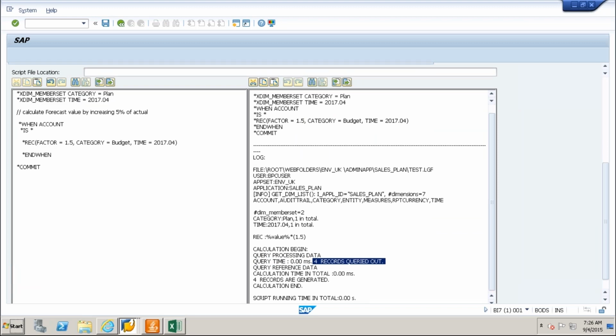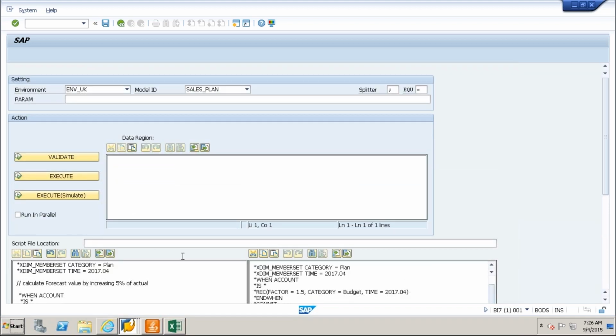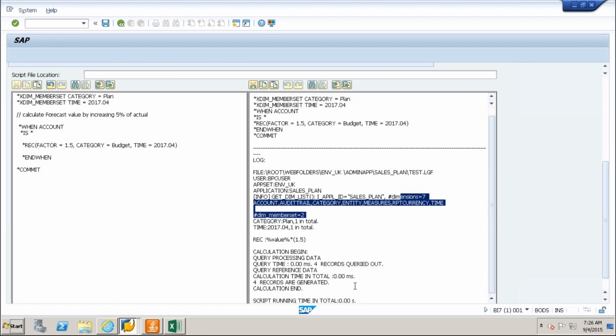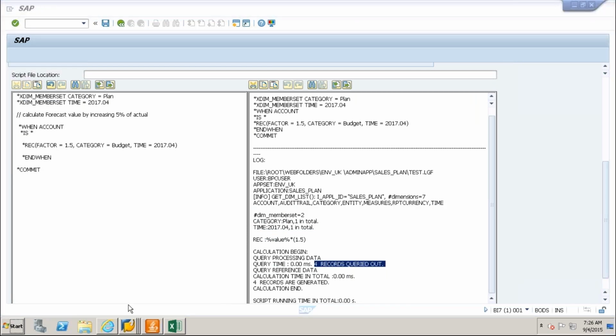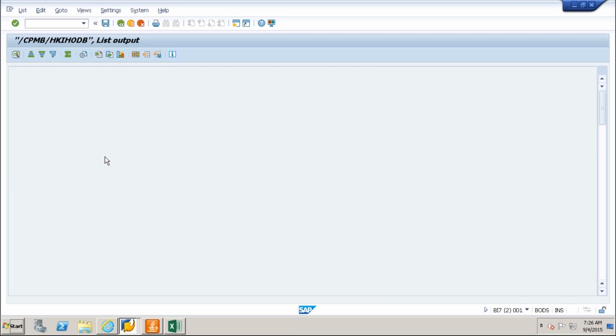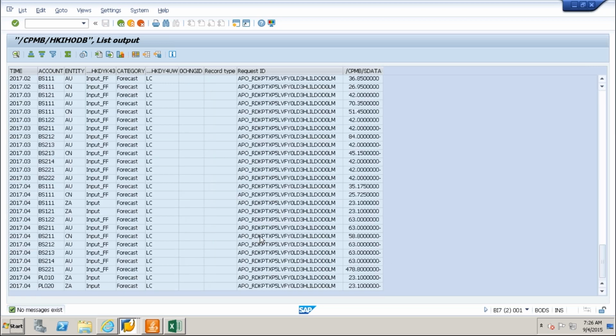Sorry? Every time do we need to run the script in BW, or is there any other way? No, that's what I'm telling. It is not required to run every time, but if we are doing this in the backend, it is the safer side for us. We will get confidence about how many records are being queried out, because in our development system we have very few records, but in the real-time system we have a huge number of records.